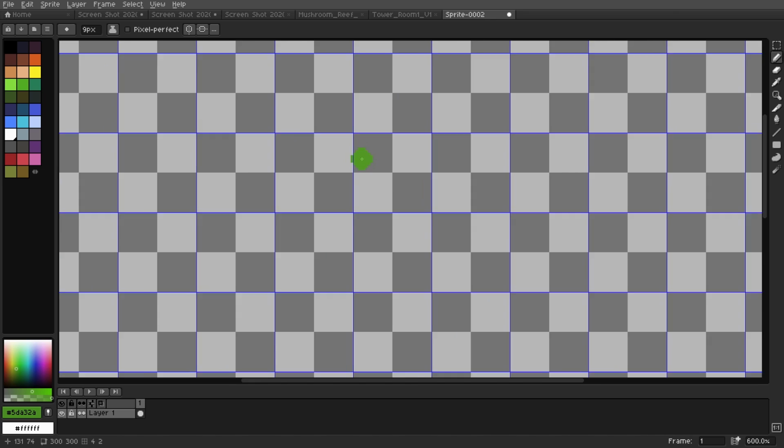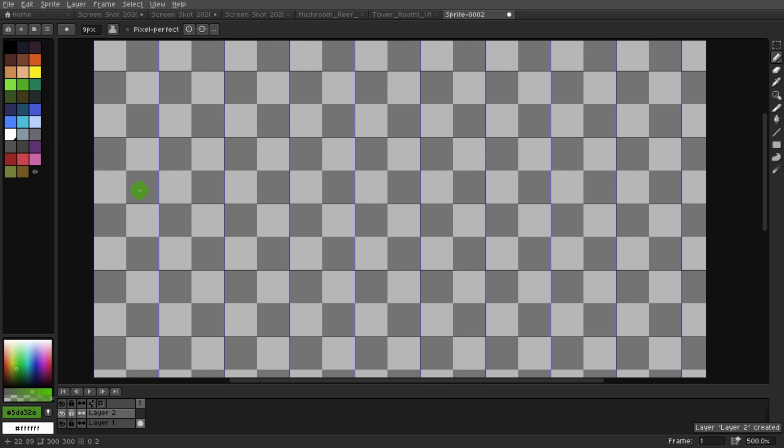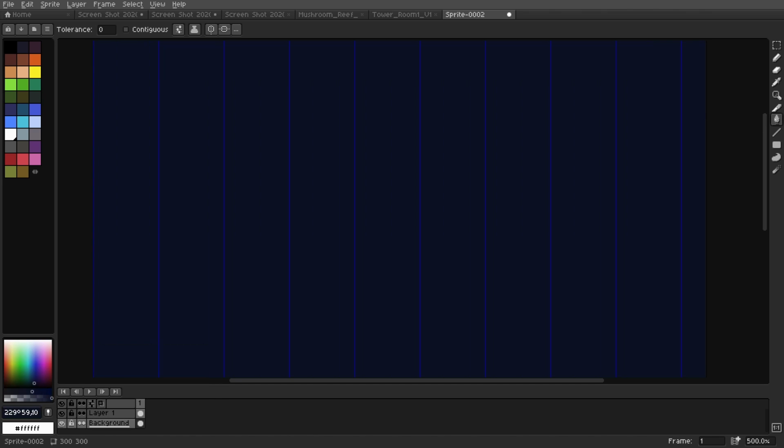And it's hard to see, so I'm going to change the background really quick. To do that, you do layer, a new layer, and then in Sprite, you do background from layer. Okay. If you don't have a checkered background or it's easy for you to see, you don't have to do this. This is just nice for me personally and everybody, so you can see the grid more clearly. Okay, so moving back on, we're going to go back to our first layer, and we're just going to start